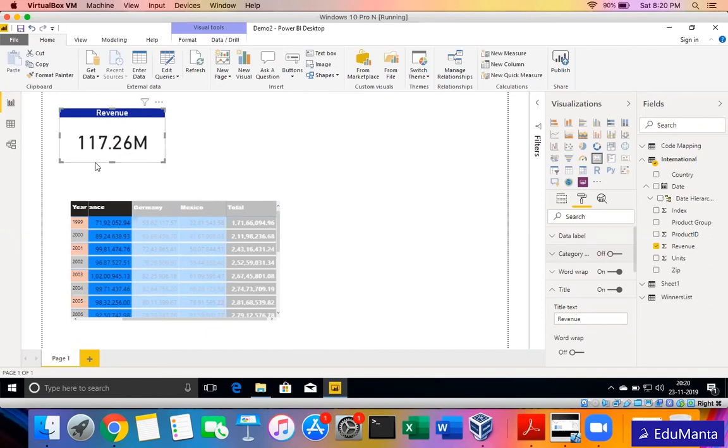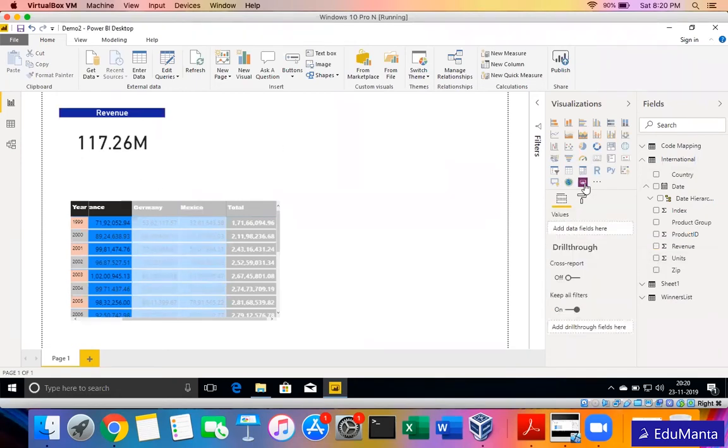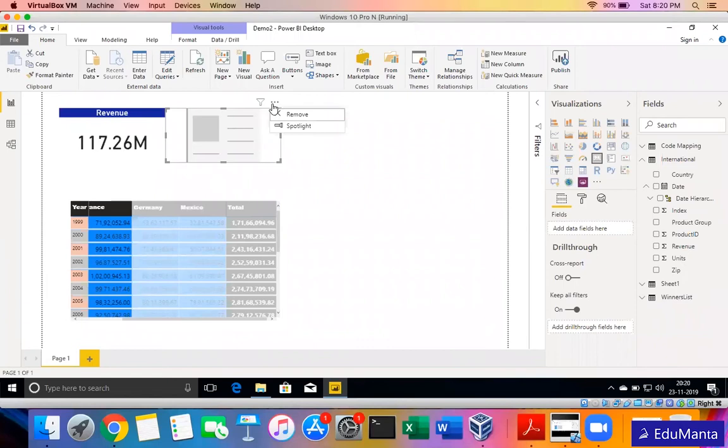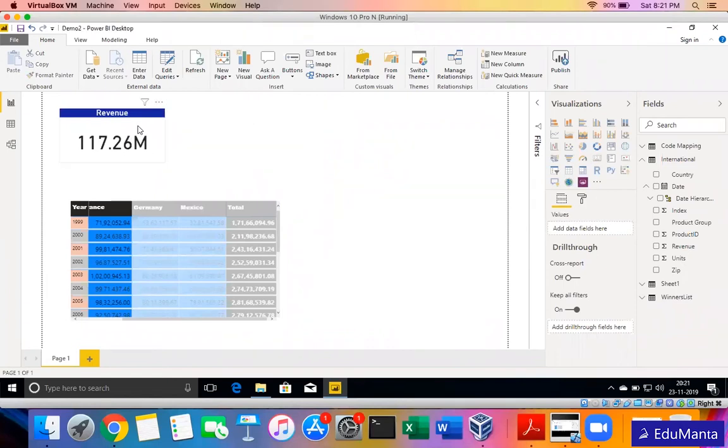Now suppose I have this revenue on the top. I also need a similar formatted card for units. So I don't want to develop it from scratch. I will just create a card here, then I will drag units, then I'll format the title. I don't want to go into that pain again. So what I can do is I'll just select this one, copy and paste.